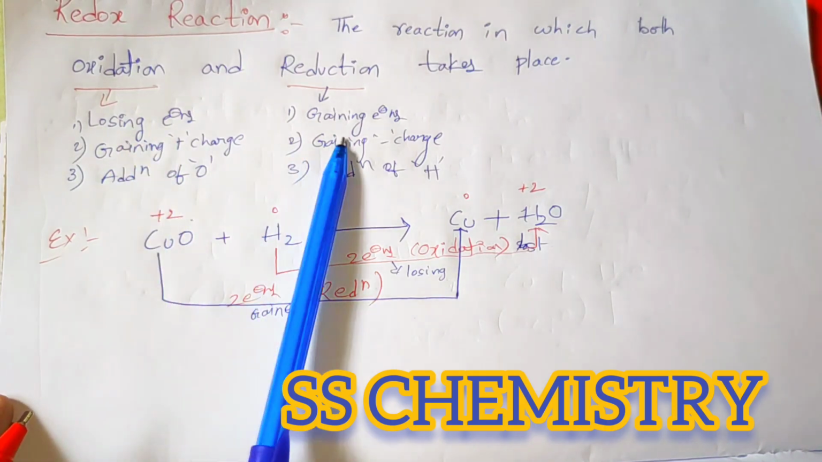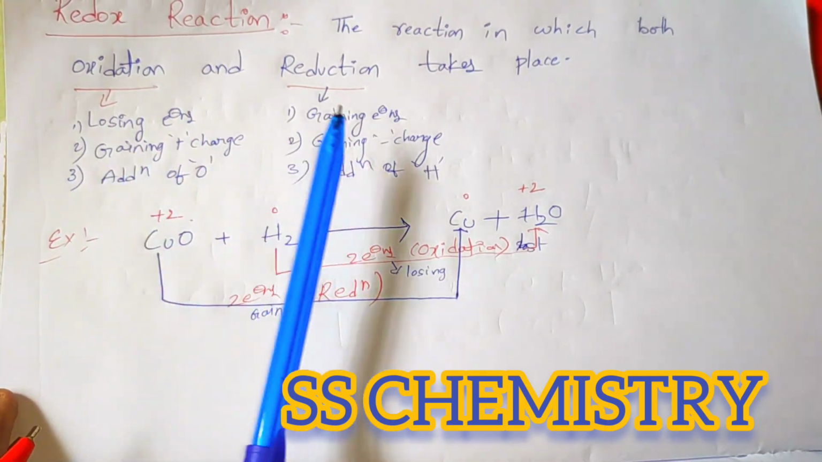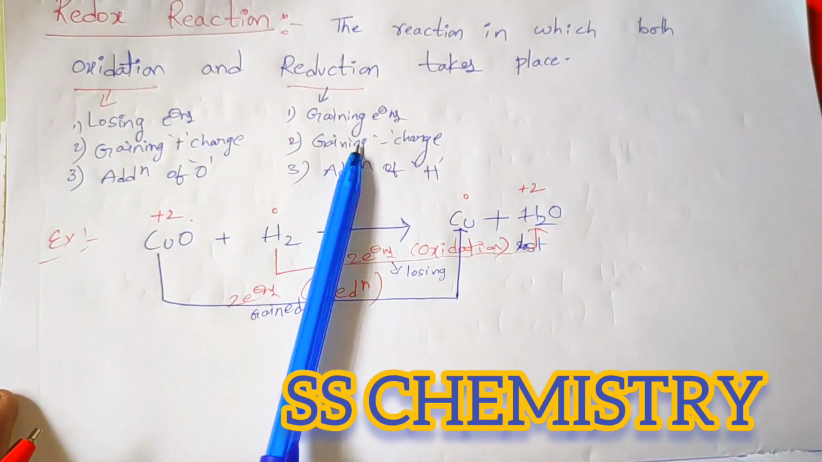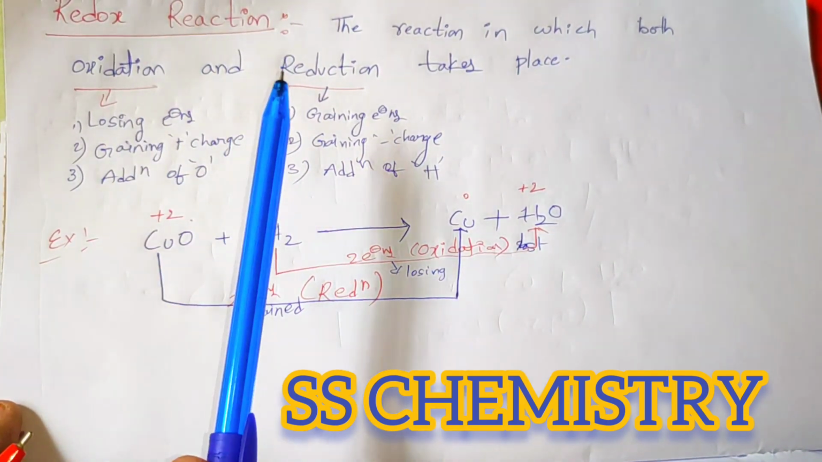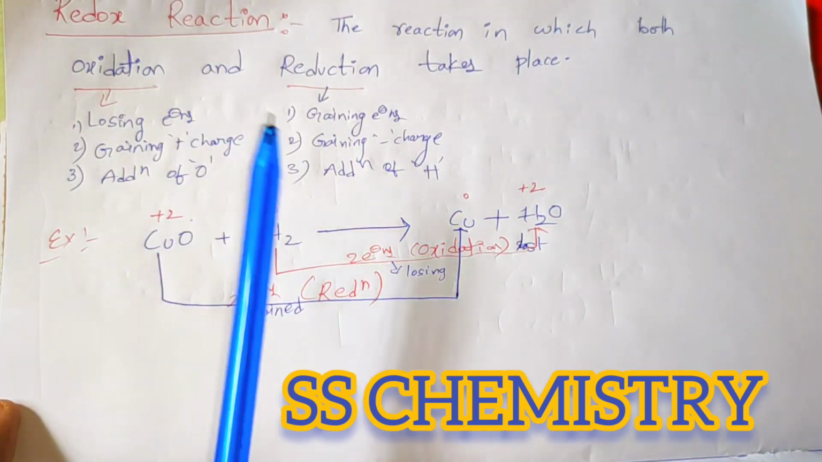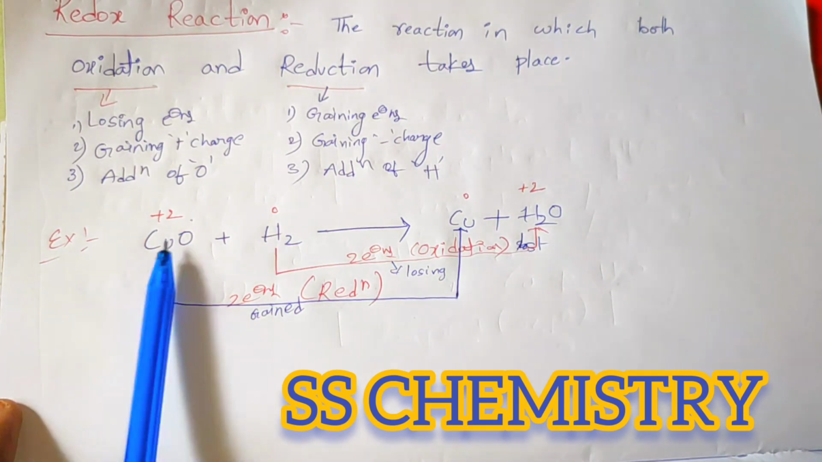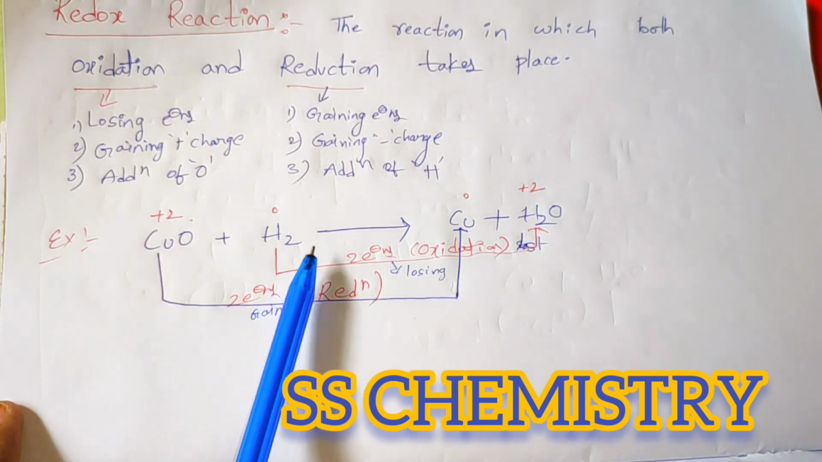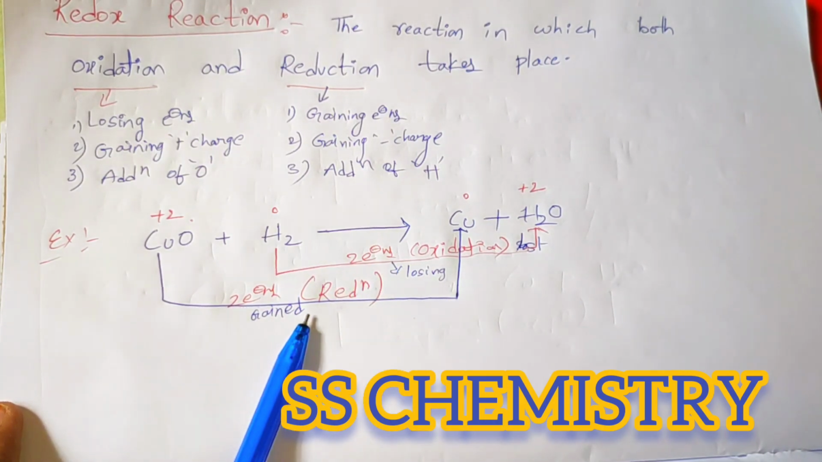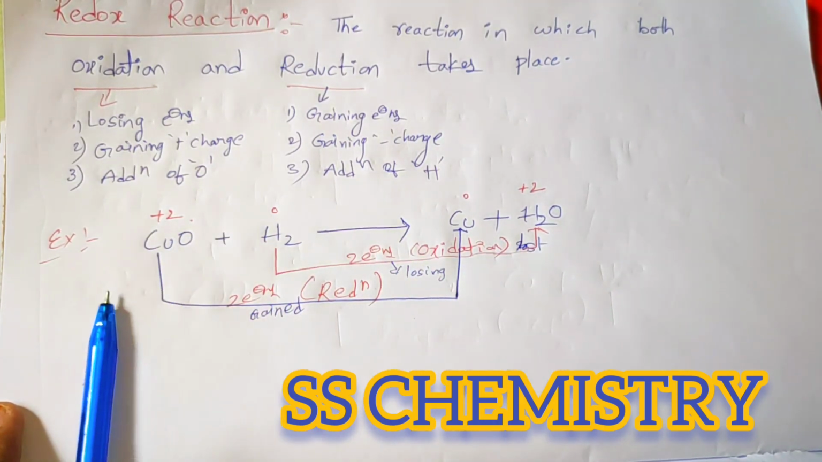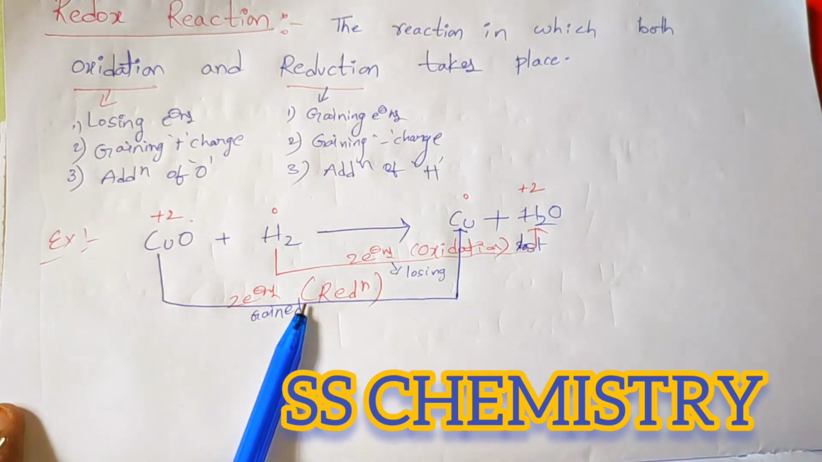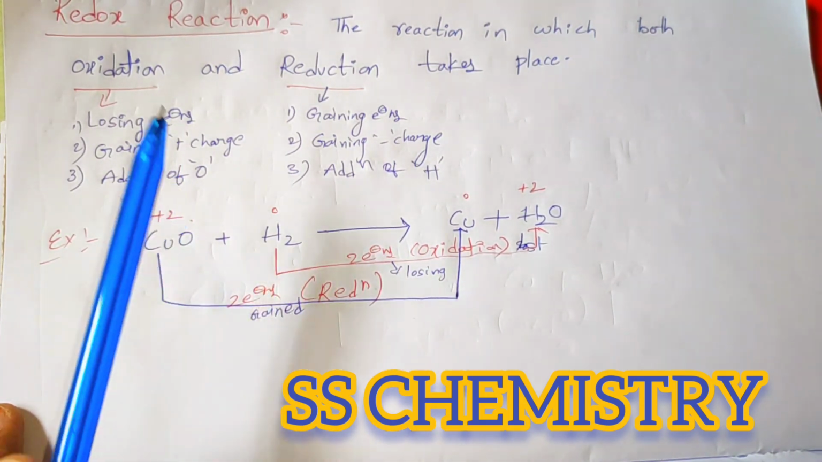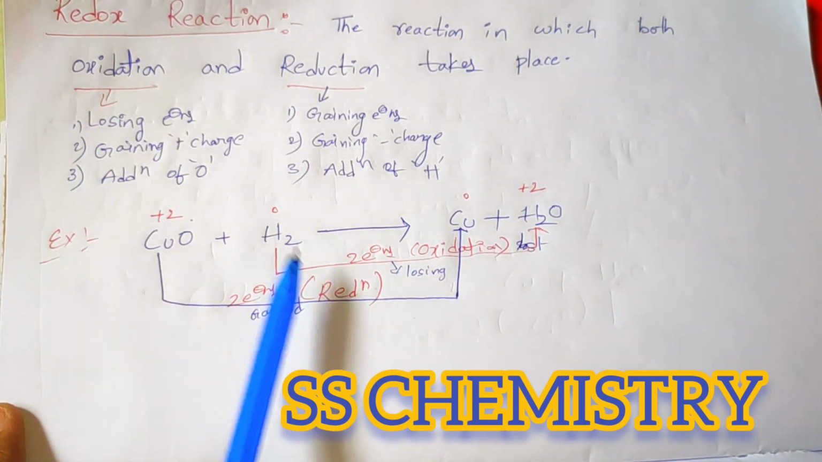In previous classes we have discussed oxidation and reduction. If you want to learn about oxidation and reduction, you can watch the previous videos. Next we have seen example 1. Then we discussed oxidation and reduction, how it happened, and how we wrote the oxidation states. Based on that, oxidation and reduction happened in one reaction, so we say this reaction is called a